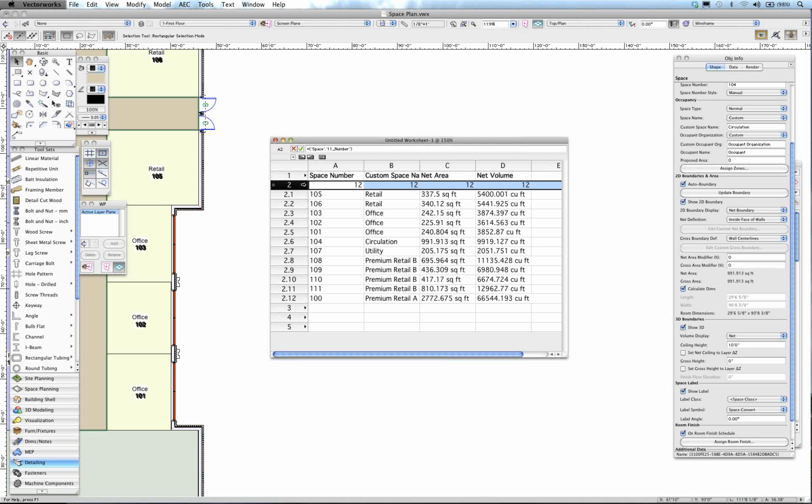And when I do that, I can then select one of these little icons, and I'm basically going to sort it from high to low just by dropping it on this column. So you can see that it automatically does that. So we have room number 100 through 111. And then the additional information is,